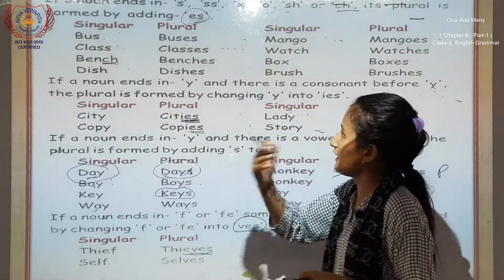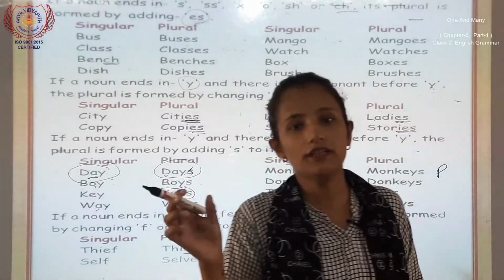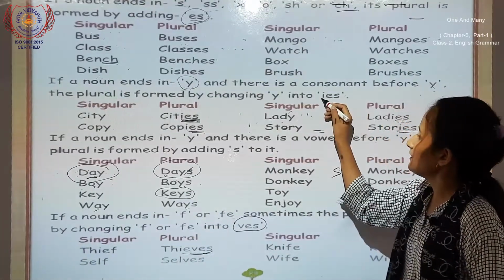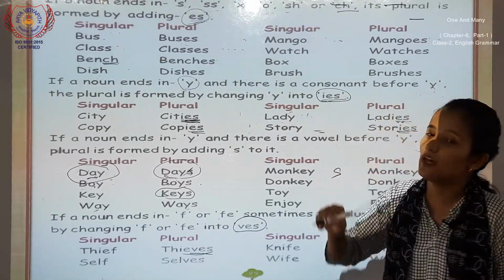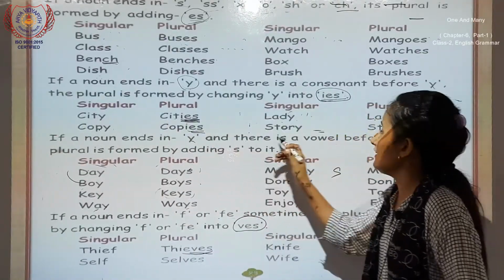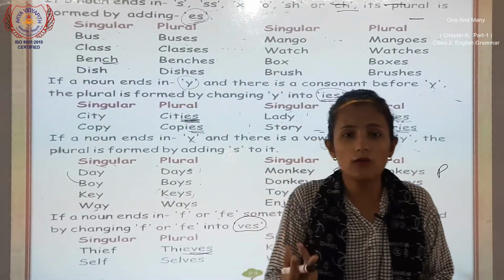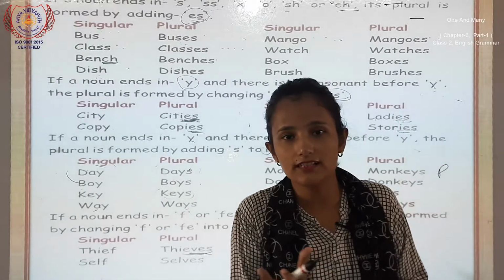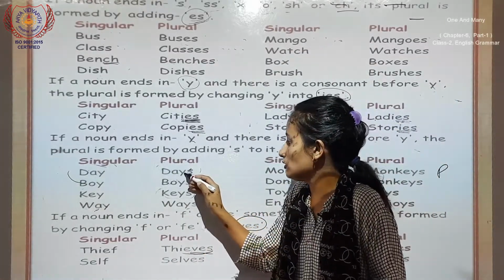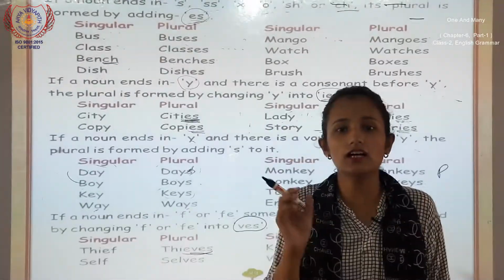And next step, whenever the words end with Y, C-I-T-Y, city. So what we have to use? C-I-T-I-E-S, IES we have to use, okay, in plural. Now next, Y, and there is a vowel before Y. कहीं भी आपको vowel Y के आगे vowel दिखता है तो हम लोग वो Y change नहीं कर सकते. We cannot change Y. Okay, so we have to use S because there is a vowel. Because of the vowel, we cannot change the Y.